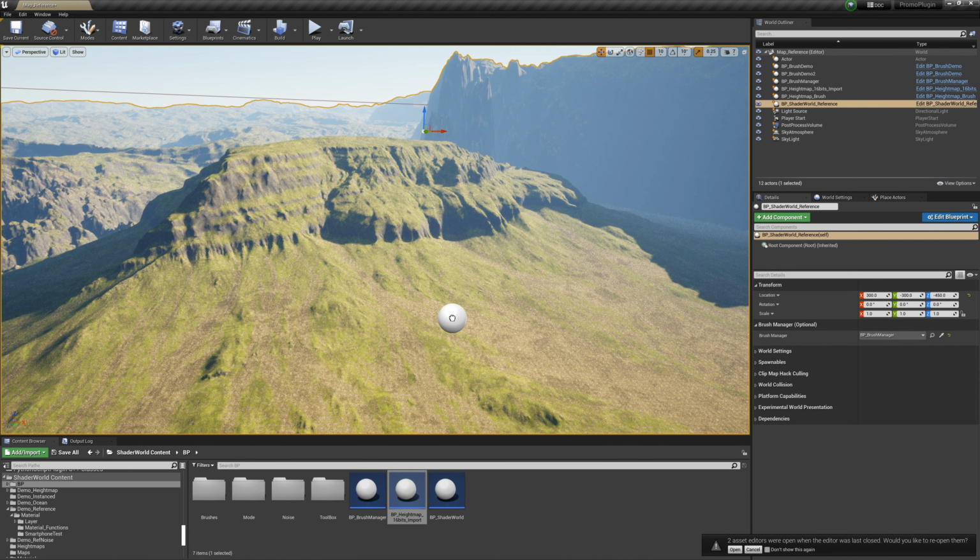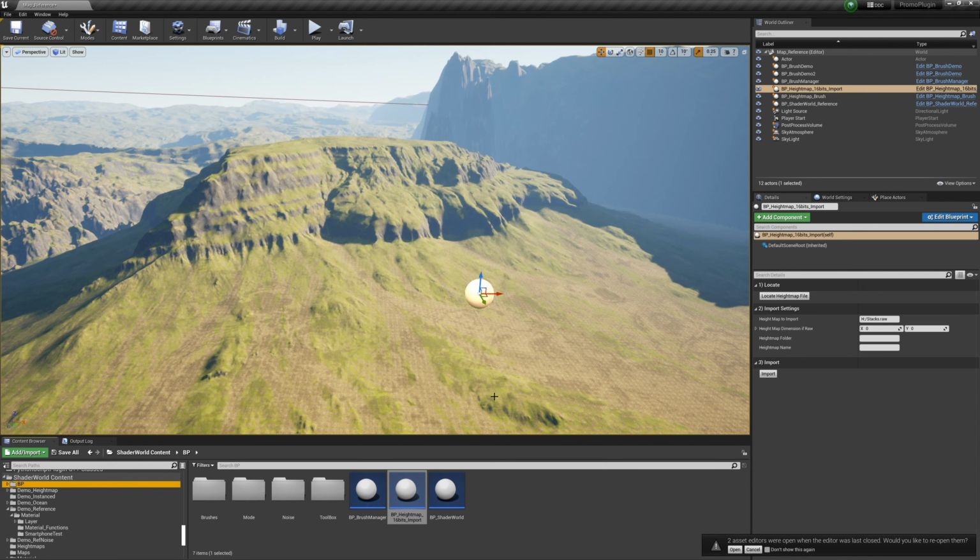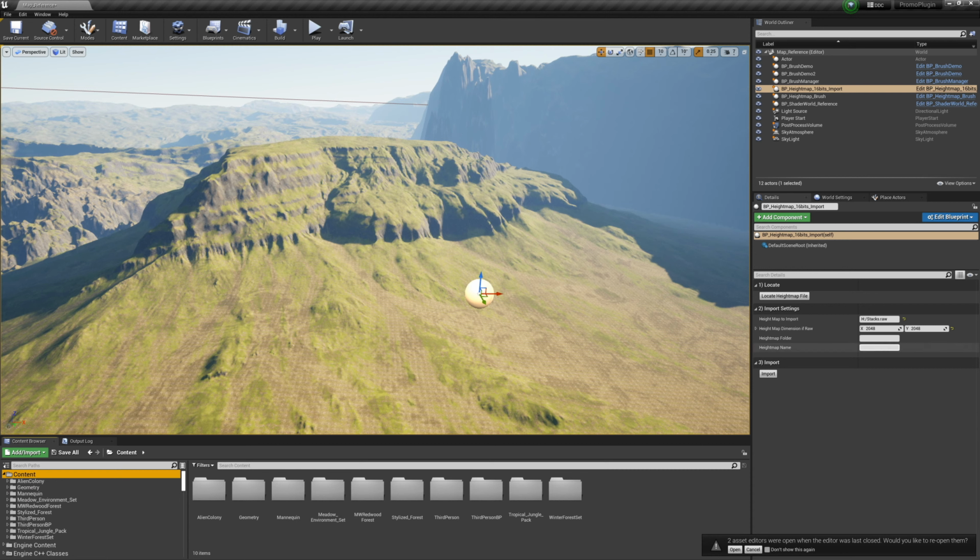You can pick this blueprint here and drop it in a world. You can locate your heightmap. Right now it's compatible with the raw file format as well as PNGs. So you select your raw. If it's a raw file format, the file does not provide the dimensions of the texture. I know this one is 2048 by 2048, so I specify it. If it were a PNG, I can extract the information from the PNG file, so it will be automatically filled here. I then specify a folder for the heightmap, so I'm going to call it